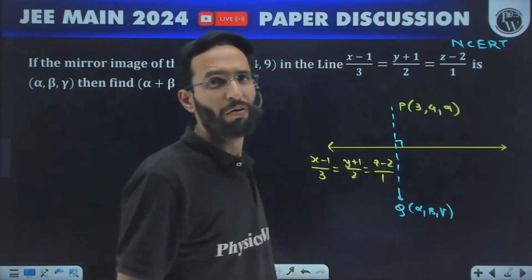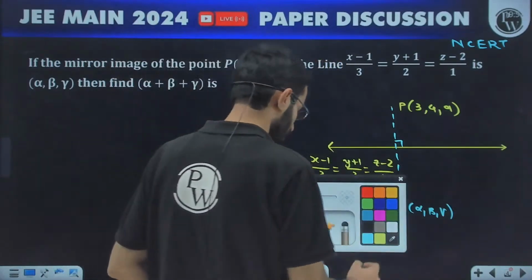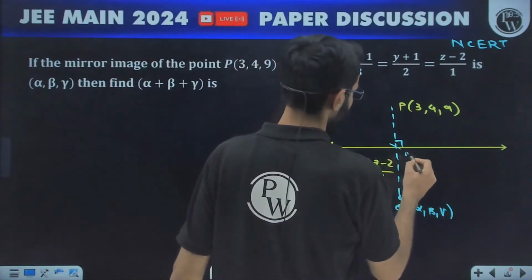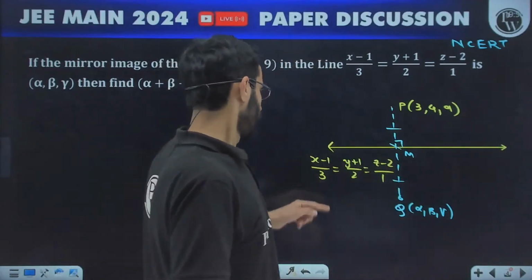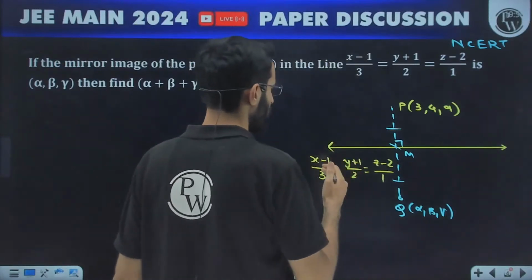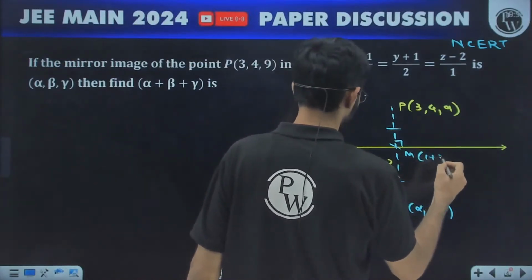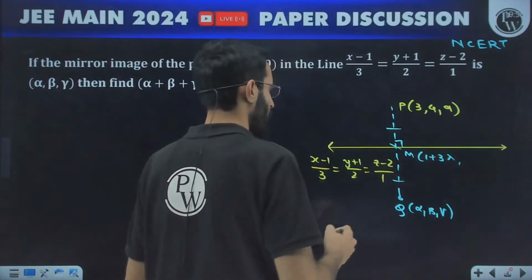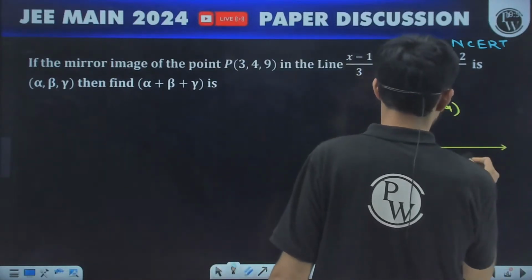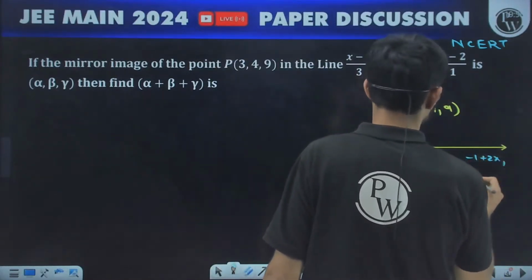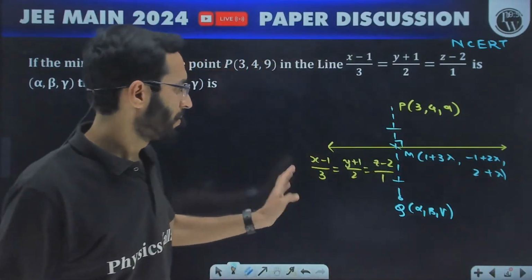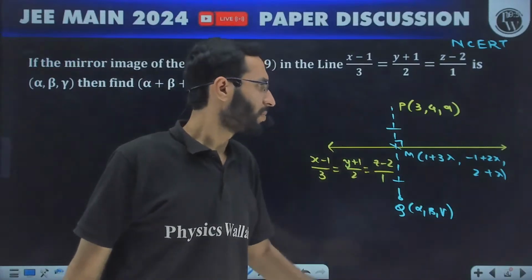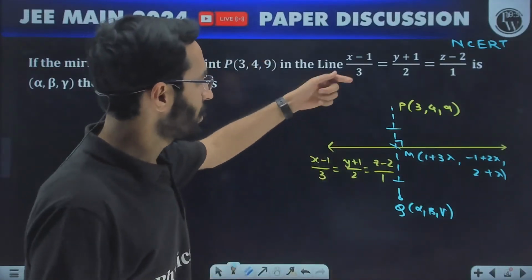So if you remember how we find this mirror image, first, we assume this point M lying on this line, which will become the middle point of this. Since it is any point on this line, this will become 1 plus 3 lambda, for some value of lambda belonging to R. This will become minus 1 plus 2 lambda. This will become 2 plus lambda. This gives me M as (1 plus 3 lambda, minus 1 plus 2 lambda, 2 plus lambda). Now, this is nothing but